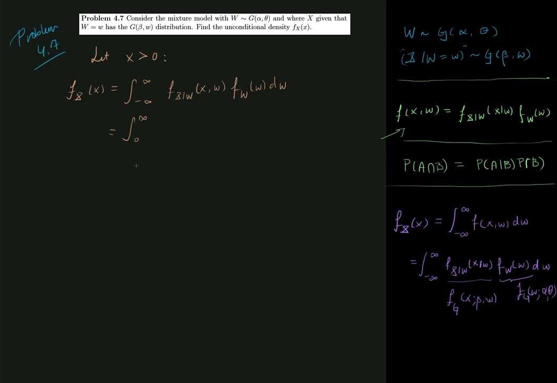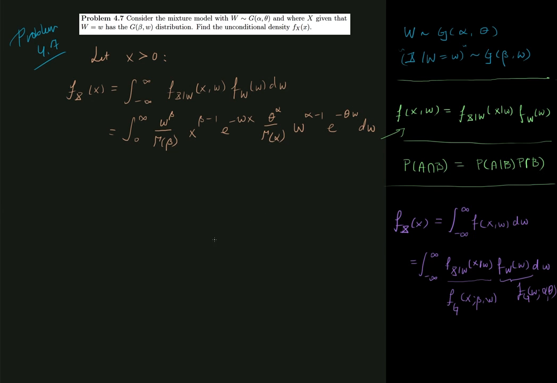axis, we can plug in 0 here, and then what do we have? We have gamma of beta down here, and then w to the beta, and we multiply by x to the first parameter minus 1, multiplied by e to the minus second parameter multiplied by x. So this is the conditional density of x given w. Now the next part is the density of w. When we're looking at the density of w, w is the argument that we need to plug in. So here we still have the parameters. Down below we have gamma of alpha, and then up here we have theta to the alpha, and then the argument is w, and we take that to the alpha minus first power, and then we take e to the minus theta w,